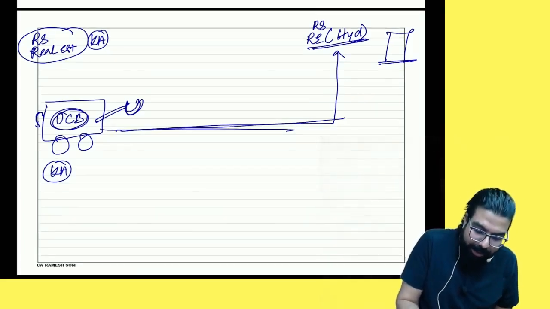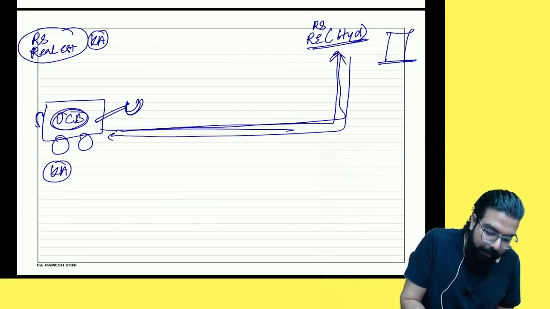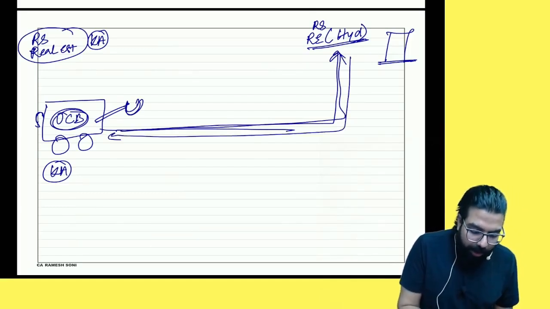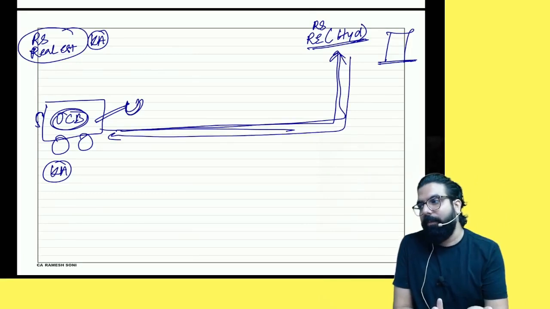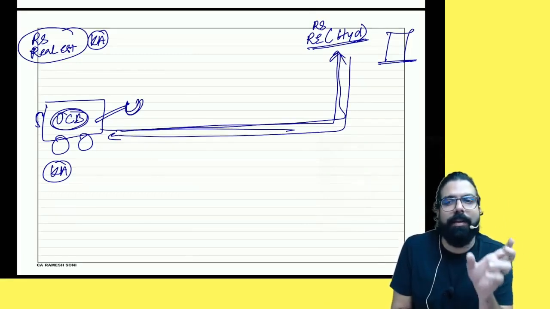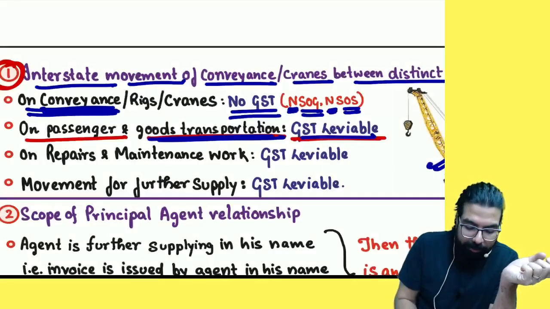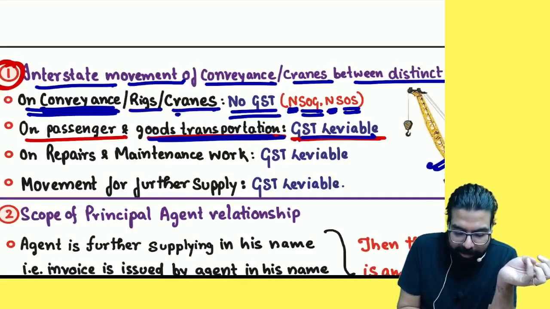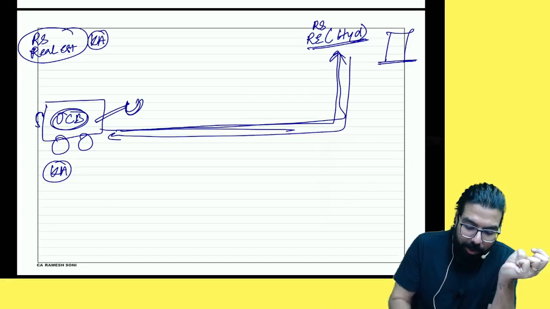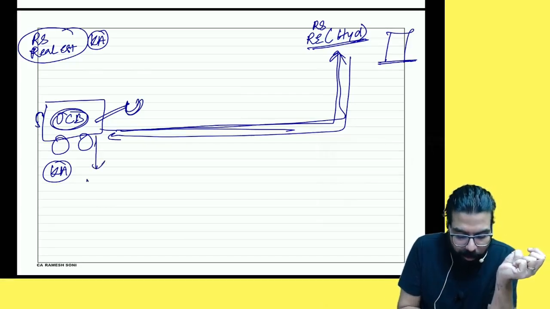Because it is going, will do the work and will come back, it is like a conveyance. Actually, conveyances are used for transportation of passengers and goods. But here, what is it, everyone? It is a crane, and hence they are saying that on cranes, etc., there will be no